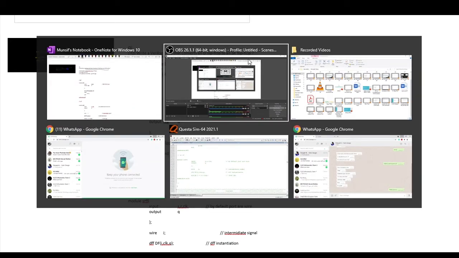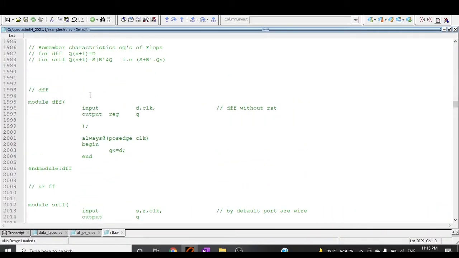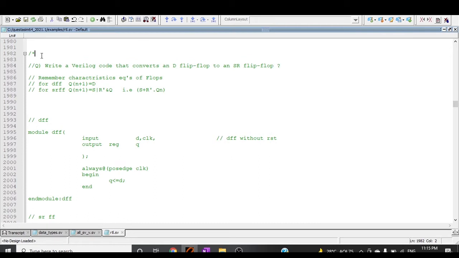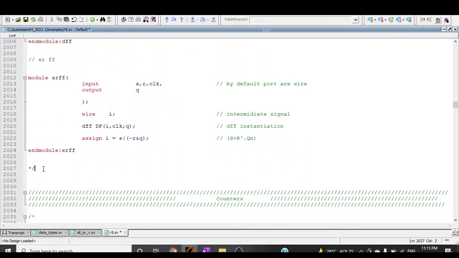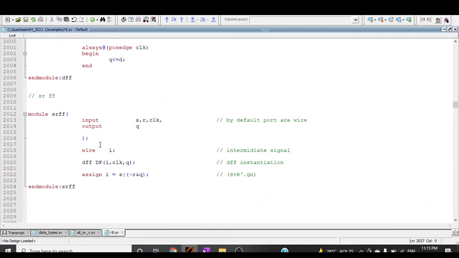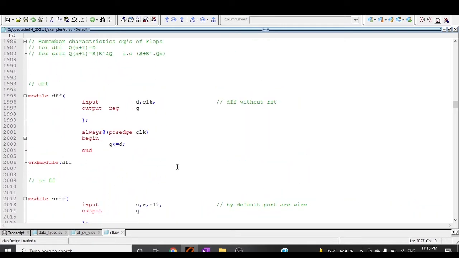If you know the characteristic equation of flip-flops, then you can make this easily. Just remember the characteristic equation of the flip-flop and then you can easily map those equations, right? So now see, first we want to write a code for D flip-flop.